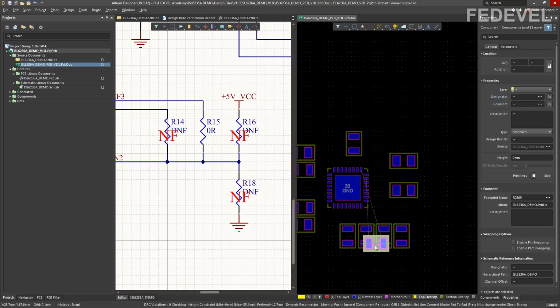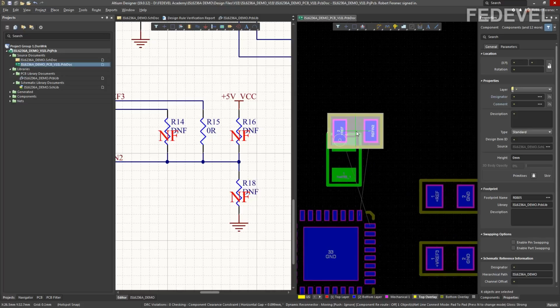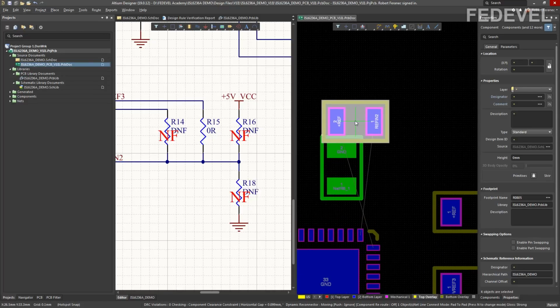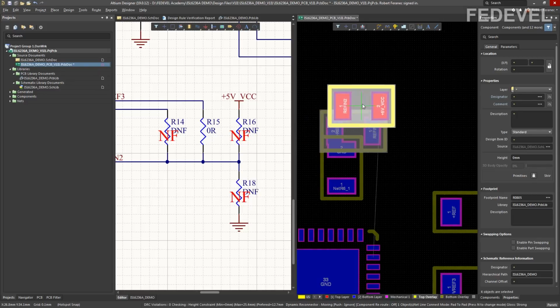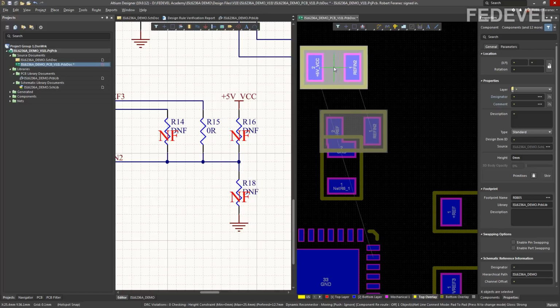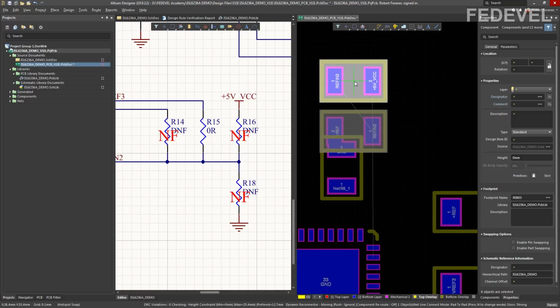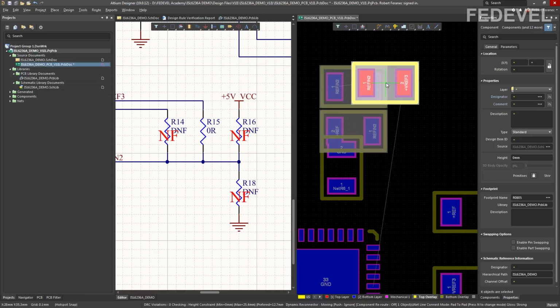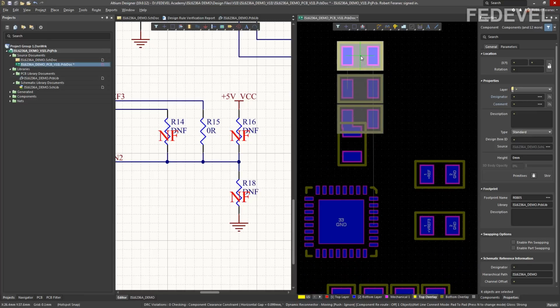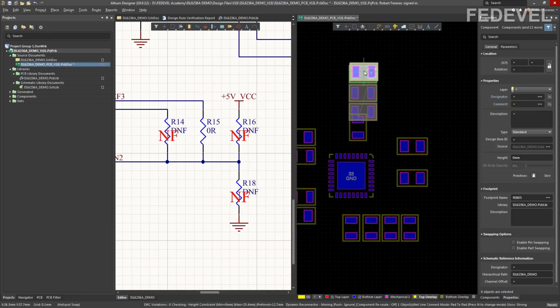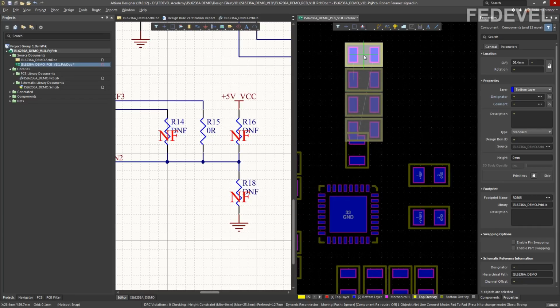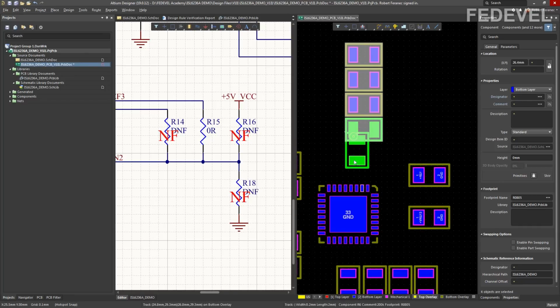Watch down here where I'm going to place it. So 26.4 and 32.8, like this. Left click, press L, press spacebar, left click, L, spacebar, left click, L, left click, and move this resistor a little bit down.